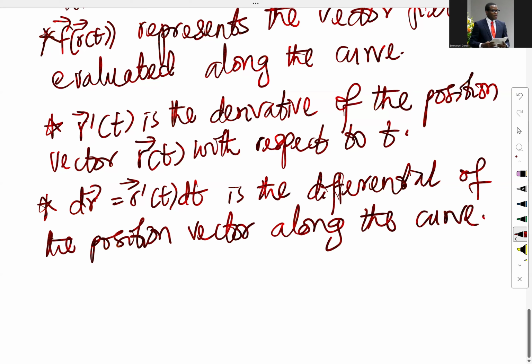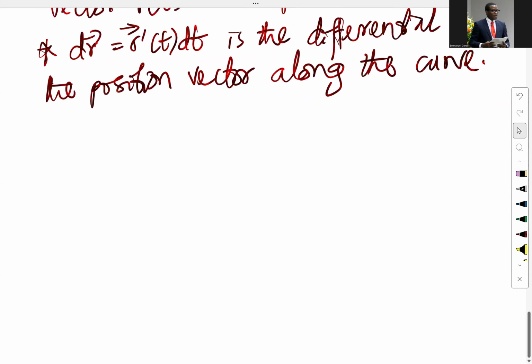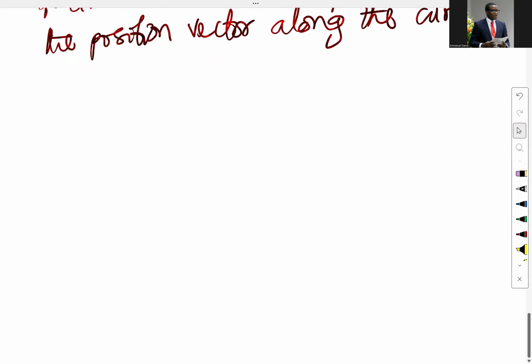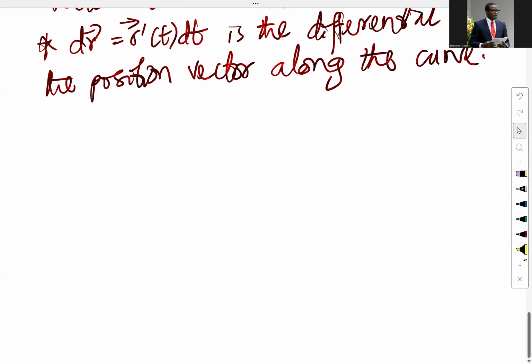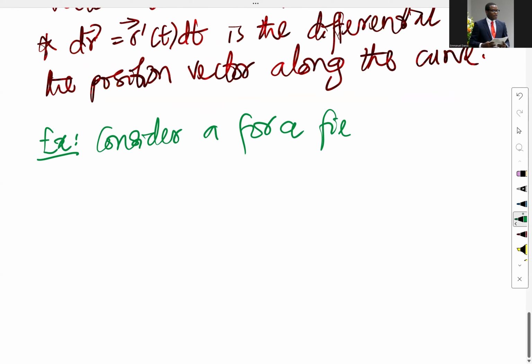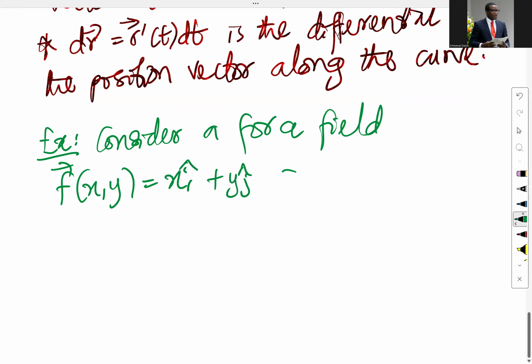And that goes. So let's take an actual example that will involve some calculations. All right, let's have this. Consider a force field F of x comma y, which is equal to xi plus yj, because this is a vector, and a curve C,